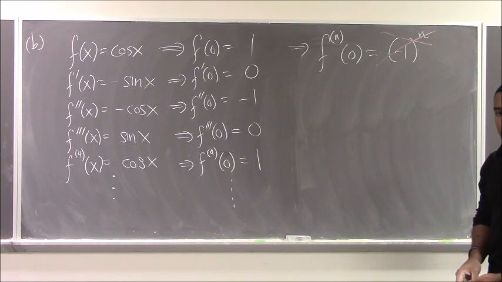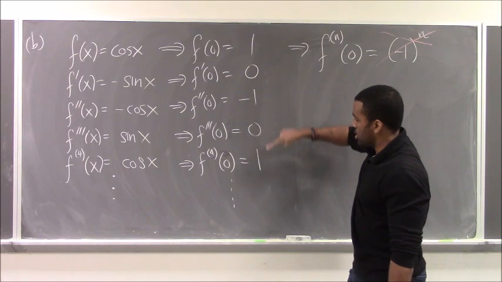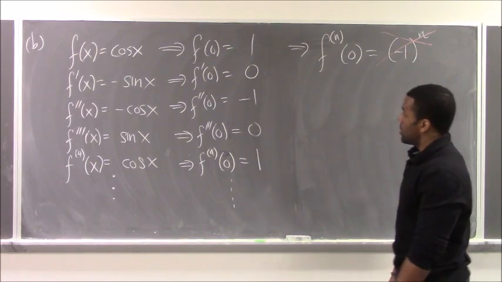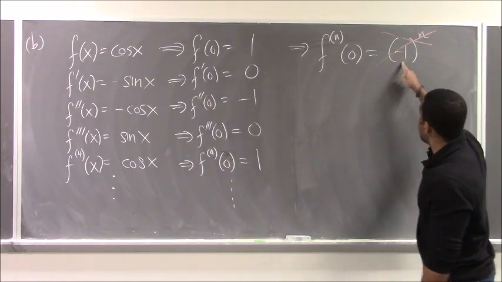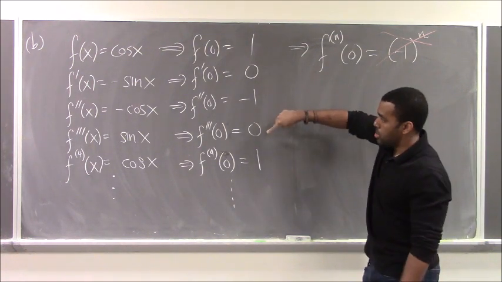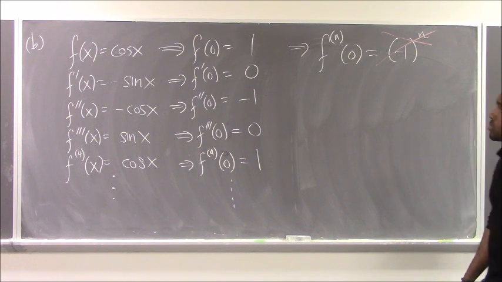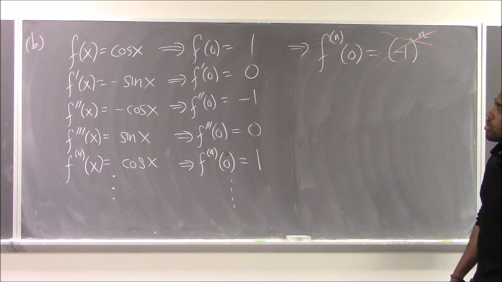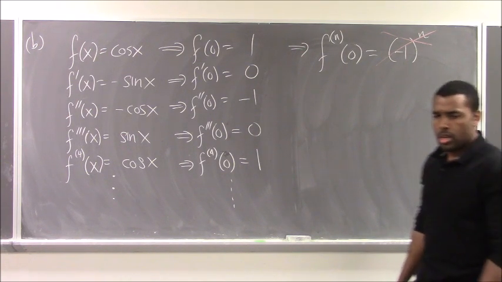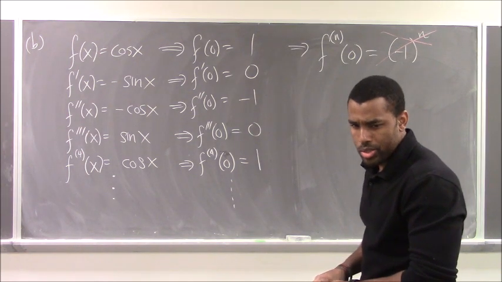Other ideas? Because you definitely see an alternating sign with the 1s here. But just throwing in a minus 1 to the n, those zeros are going to mess up the pattern. So any ideas on how to maybe